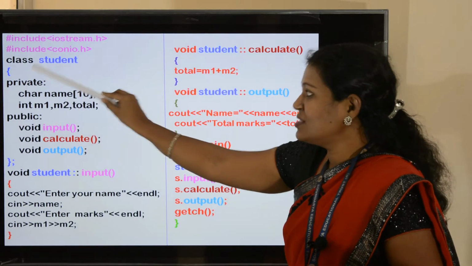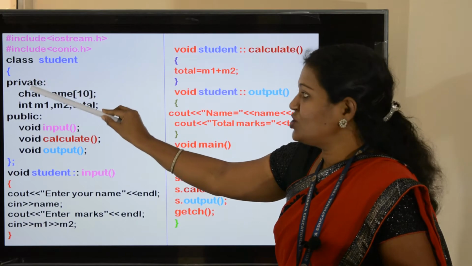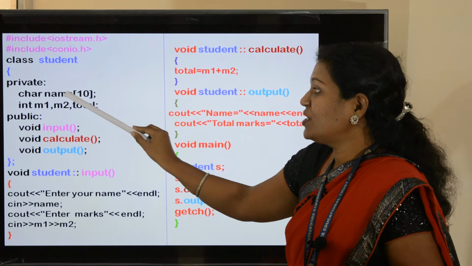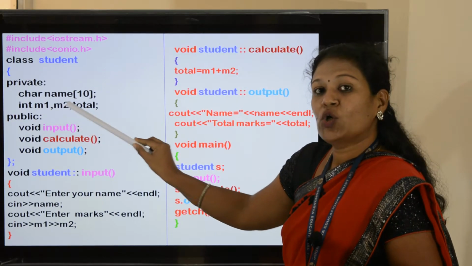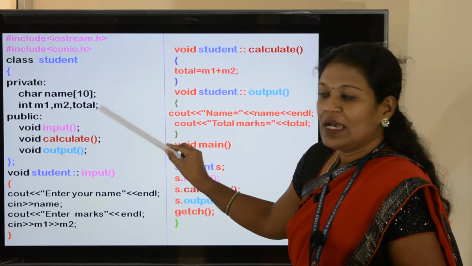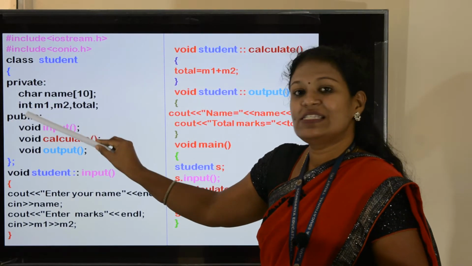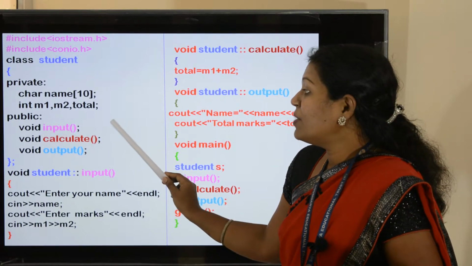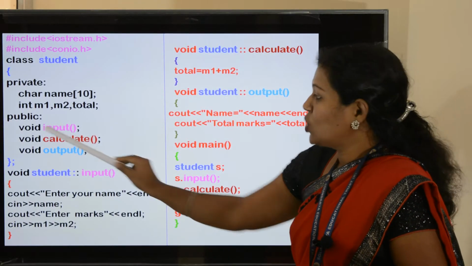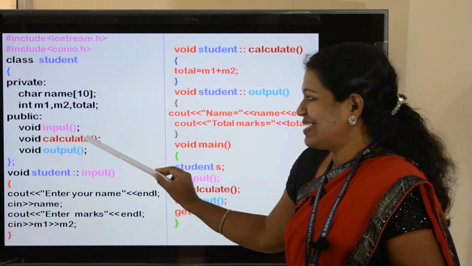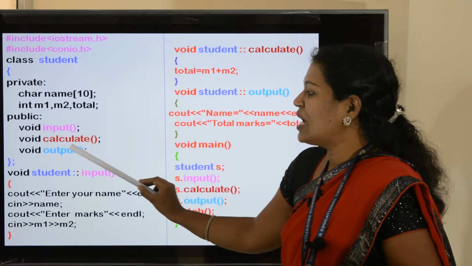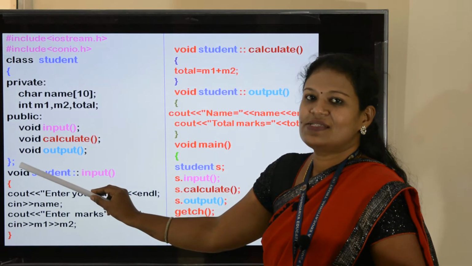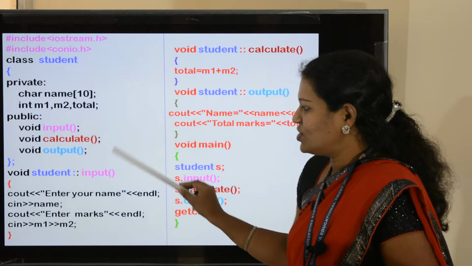Class student, open the flower bracket, private, then declaring the member data: char name[10], int m1, m2, total. Next is the next access specifier, public. Inside this public access specifier we need to give member functions: void input function, void calculate function, and void output function. Last, close the flower bracket followed by a semicolon. So class definition is over.